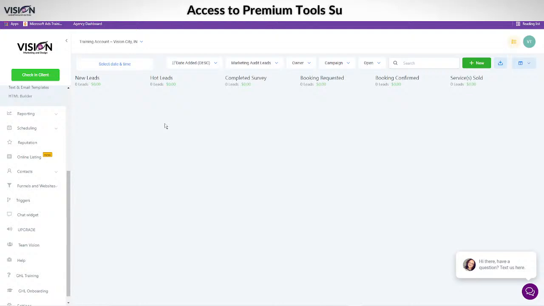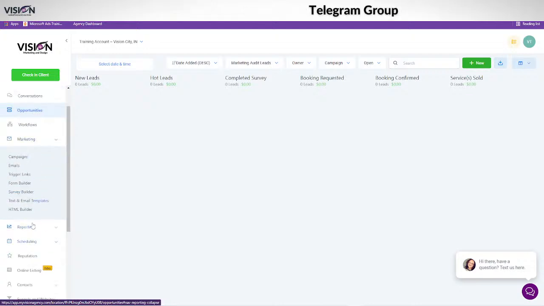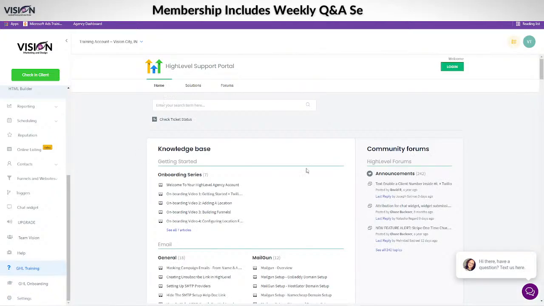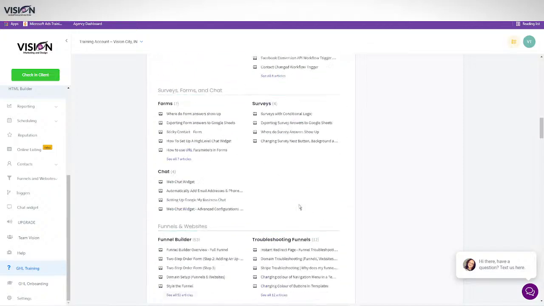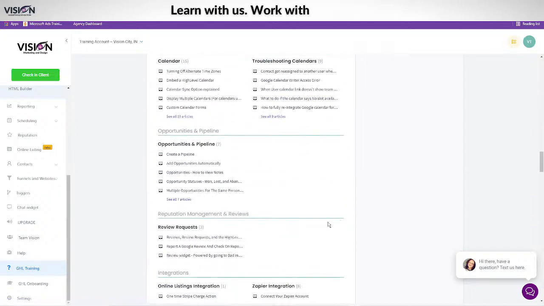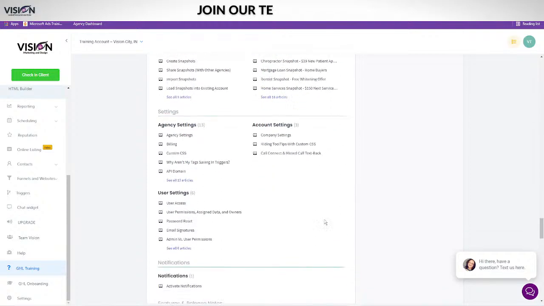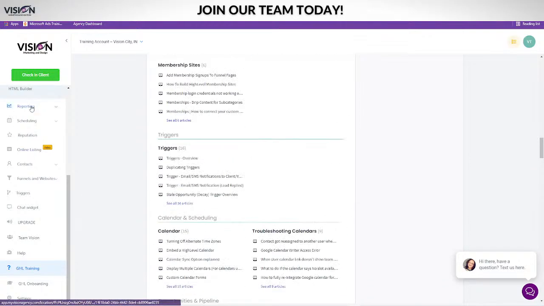All right, I don't want to get too deep into all of that today, because I don't want to get lost in it. I know you guys have lots of questions, but I really want to talk about the website builder. Believe me, we'll get to it. And if you really want to know that, you can always go to the Go High Level training inside your dashboard and check out any of these things I've added for you. That will definitely clear it up for you. There's tons and tons of training.